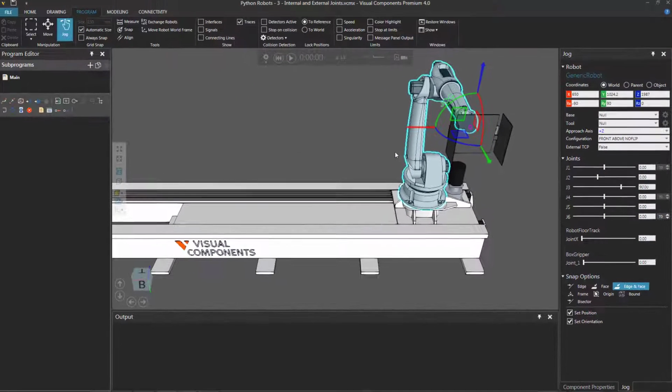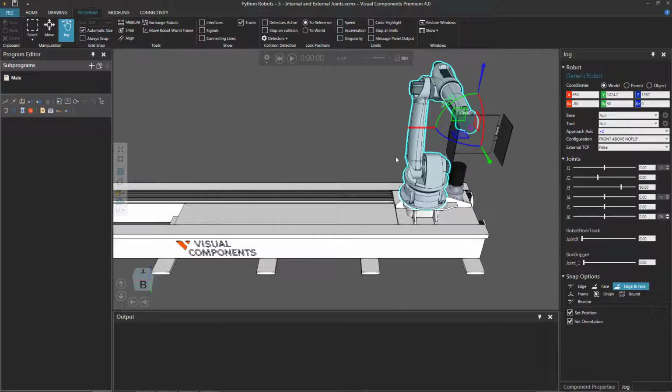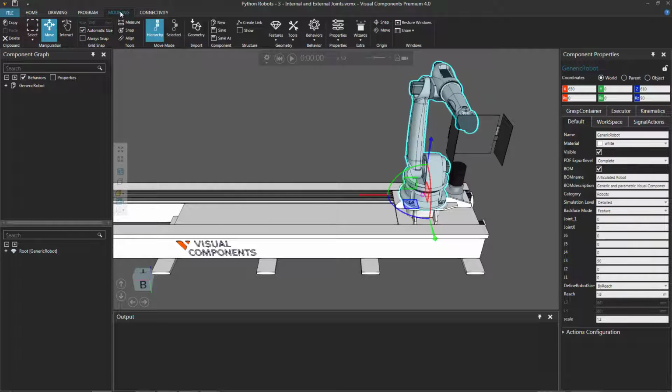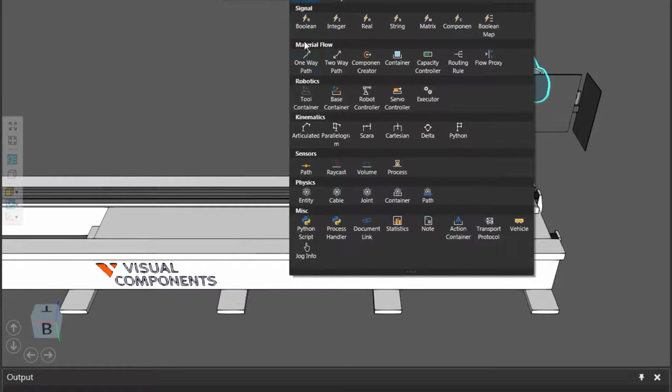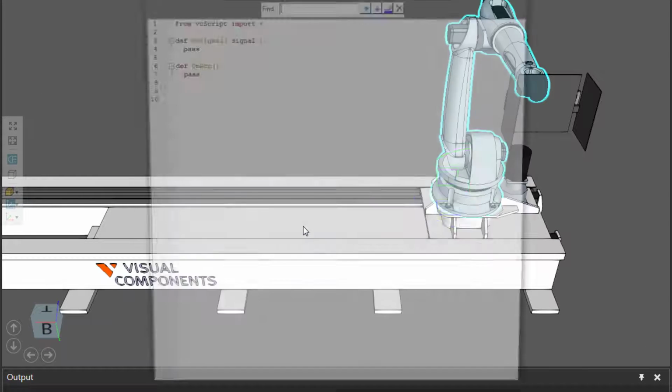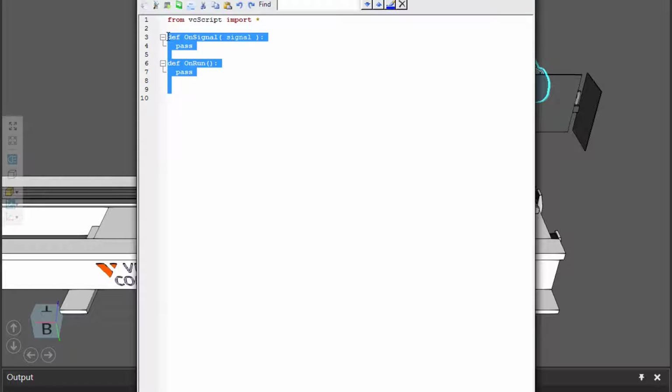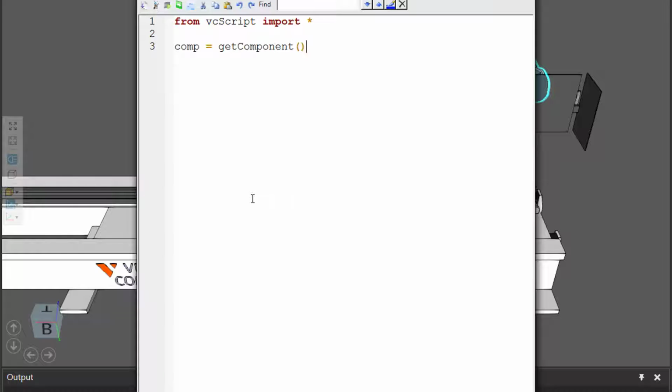So let's now use a Python script to get a handle for those joints and manipulate them in the 3D world. So go to the Modeling tab, and if you don't have access to the Modeling tab, you can use a Python add-on or a .NET API add-on to complete the rest of this tutorial. Let's now go to the Behaviors group here, and under Miscellaneous, add a Python script, and notice it opens the editor for me. And you first want to get a handle for the component, and I actually will make the text larger for you. So comp equals get component, and those joints in the robot are being assigned to a